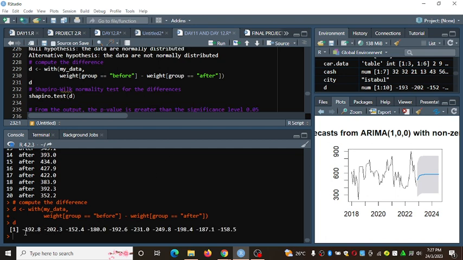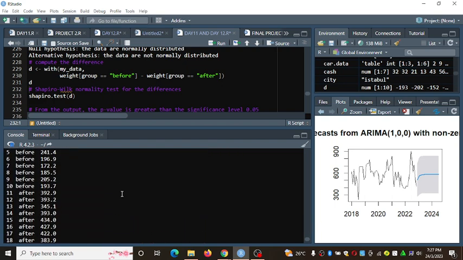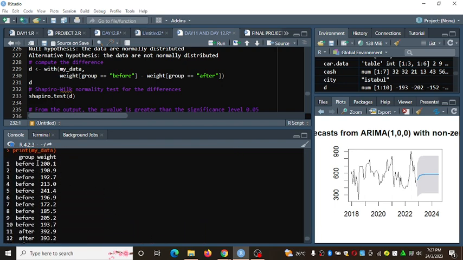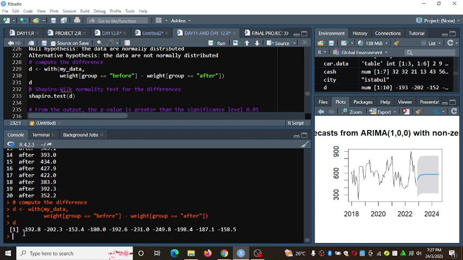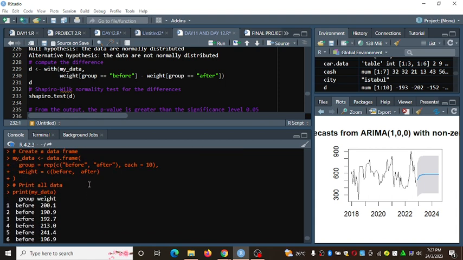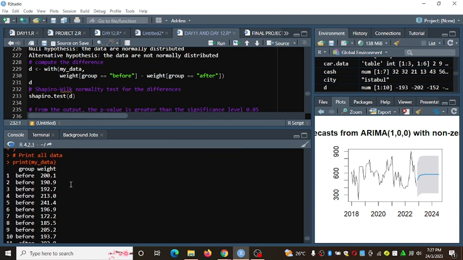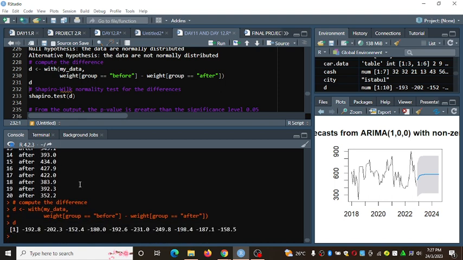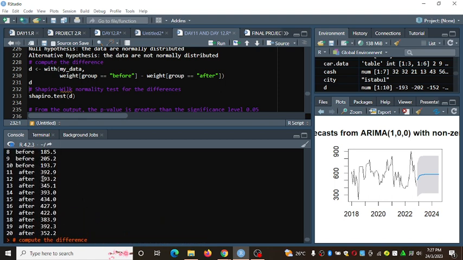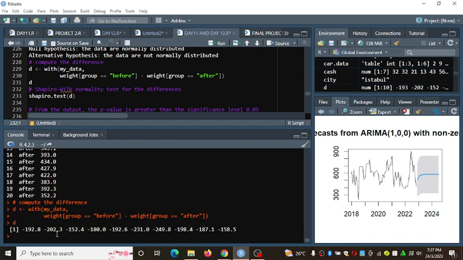For example, this is 192.8. So we are getting that 192.8 from 200.1 minus 392.9. The second one is 190.9 minus 393.2. We get 202.3.